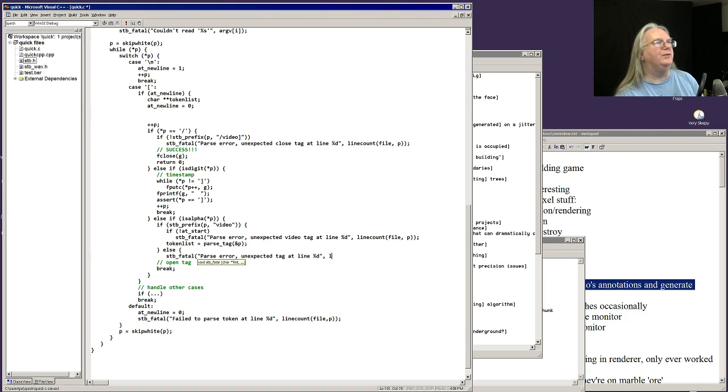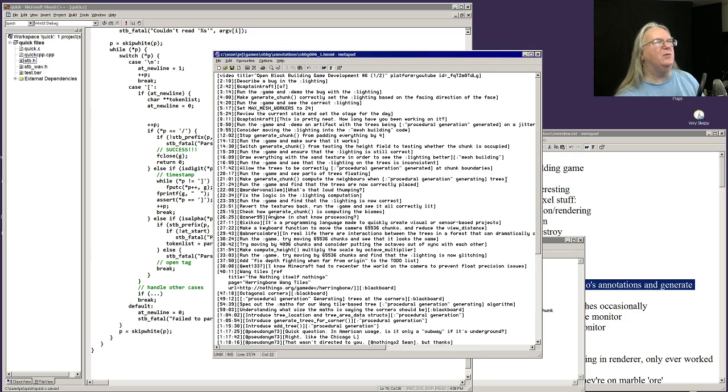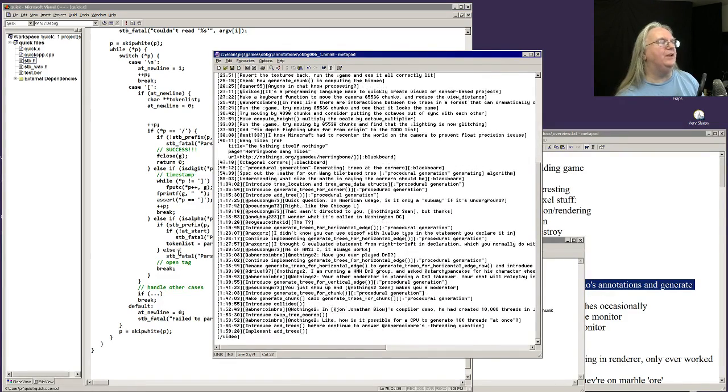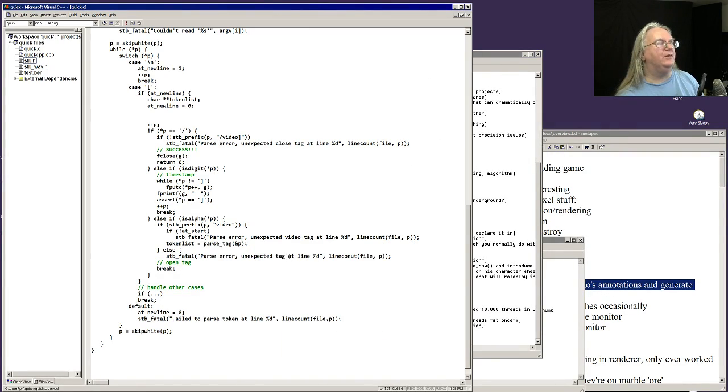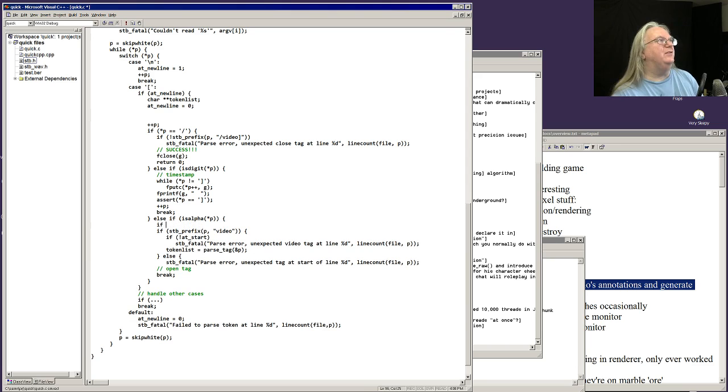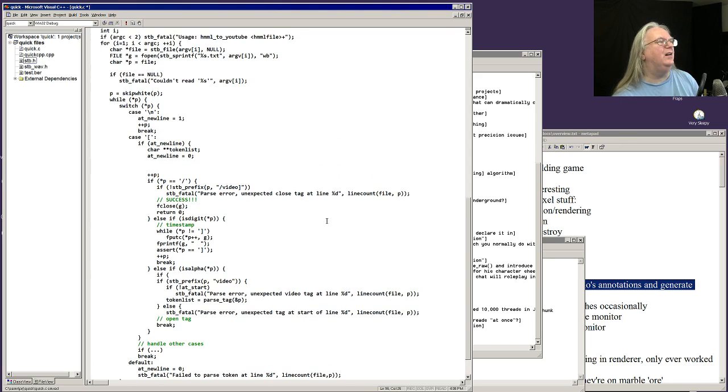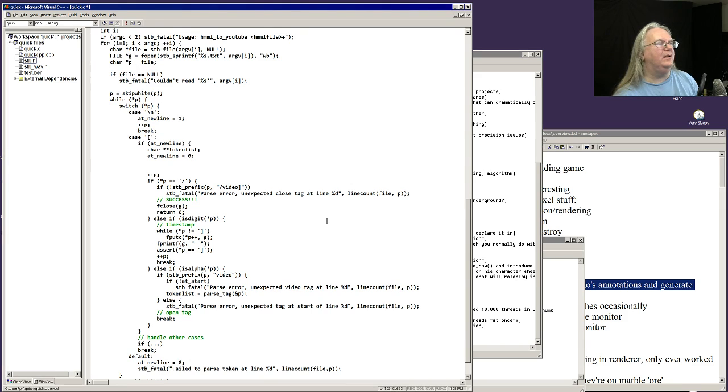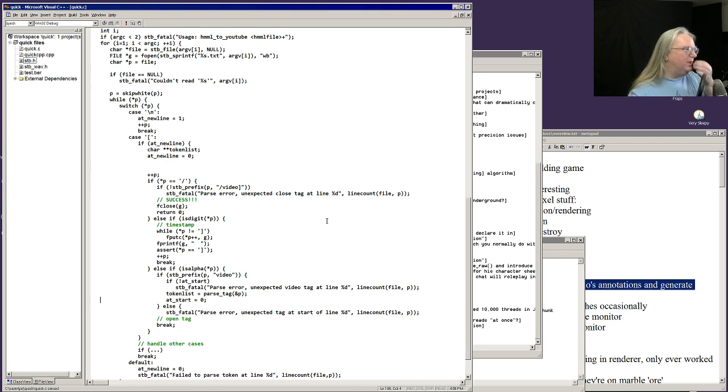20. Okay, I've lost track of what am I even parsing at this point? What state am I in? I was at a new line, and I got a tag that wasn't a timestamp and wasn't /video. So inspect tag at start of line. That, okay. If, oh wait, I have to hit start here, okay. And then once we get by here, we don't have to start anymore. And